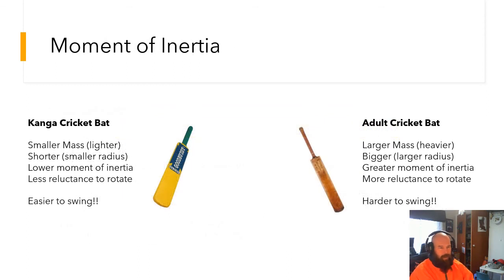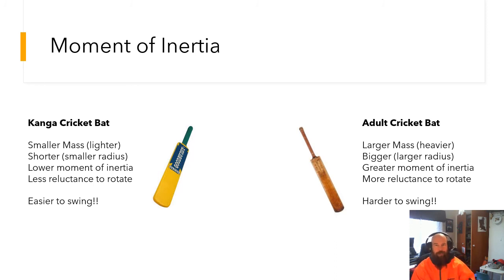And this is what we're talking about. So we have our two cricket bats. We've got a Kanga cricket bat and we've got the adult full version. I'm sure you've all played with the yellow cricket bats at school. They're generally smaller, they're generally lighter as well, which means that they're going to have a lower moment of inertia and less reluctance to rotate. So they're going to be able to be moved a lot easier, which means they're going to be easier to swing, which in terms of children, the idea is that we want them to experience success, so